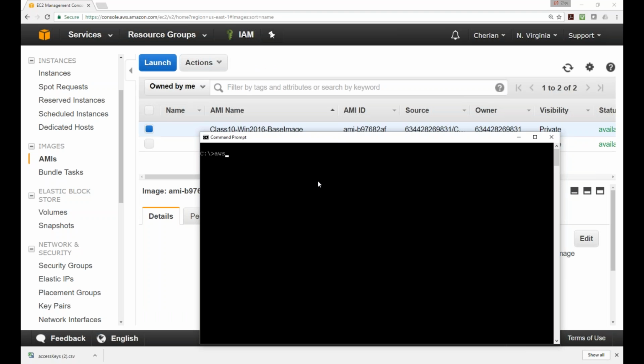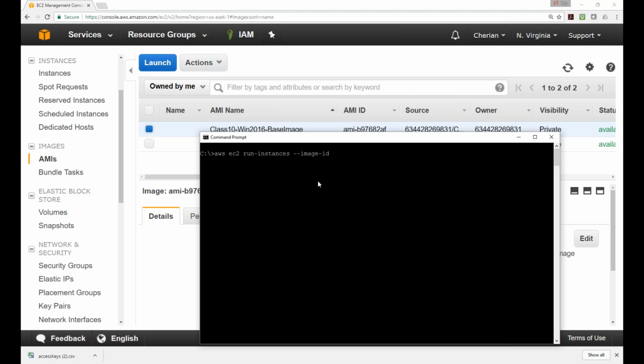So aws ec2 run-instances, then space dash dash. I can use just dash and an i, but I'm typing the whole thing: image-id